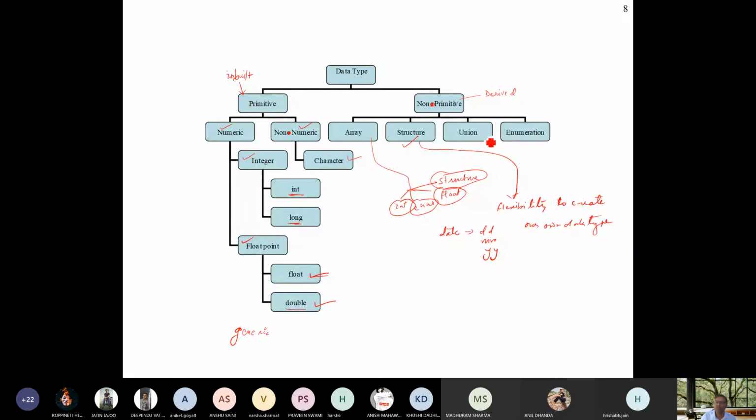Then union is a combination of functions and structures. It is an advanced version of structure. So if you want to use a particular thing, then you can use union. In this case, if the data type size is 8 byte, then it is 8 byte throughout, but it is a flexible data type.